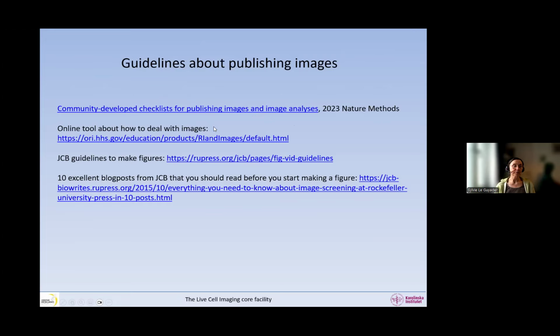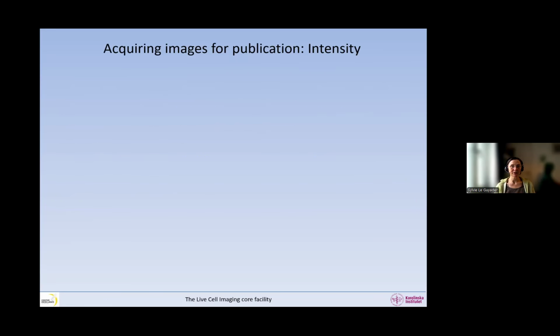So very useful. And then there are a few more here, guidelines from JCB, for example, which is very good at having very clear instructions about what you should do and not do when you publish your images. So, now let's go through my little lecture here.